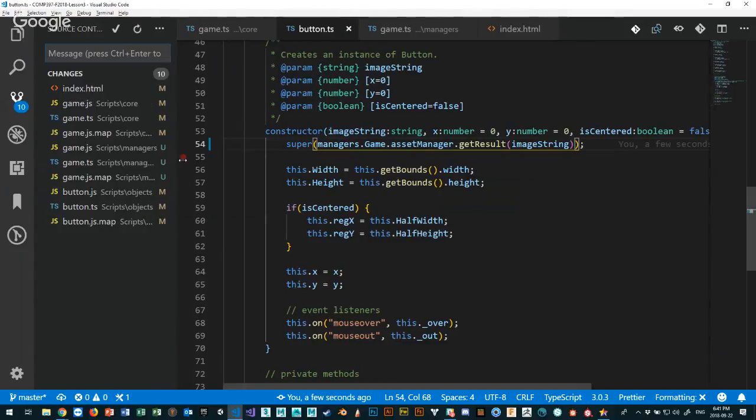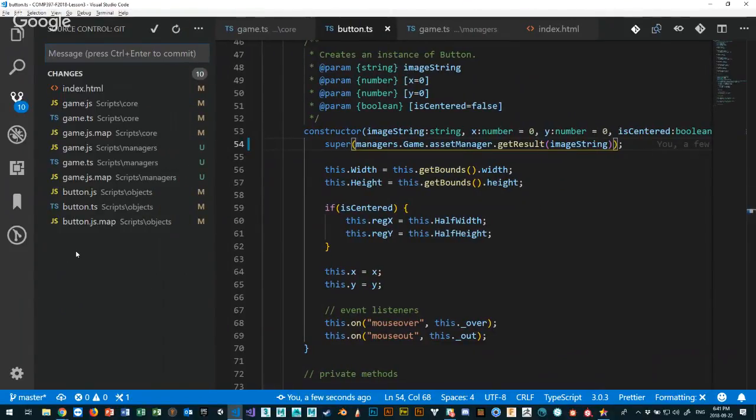But remember that the way we set up TypeScript right now, every time I make a new file, I actually make two more. I make a JS file and I make a map file. The map file that gets created automatically when I transpile helps me do debugging. That's what it's for, right? And the JS file is the only thing that browsers are going to read. Okay, so I make a change to my TS file, then the JS file and the JS map file get changed or created. All right, so what did I do? I added preloading support, and the asset manager